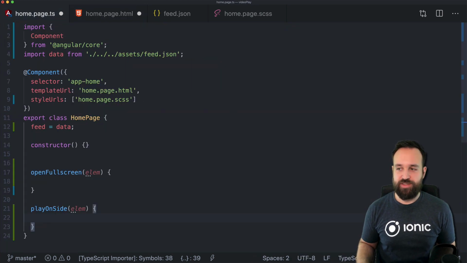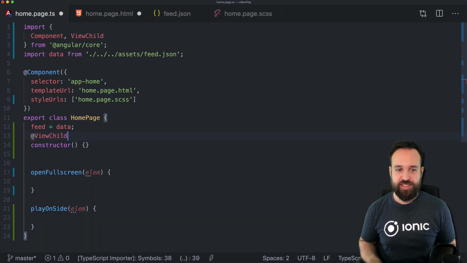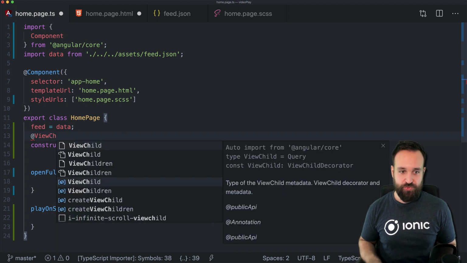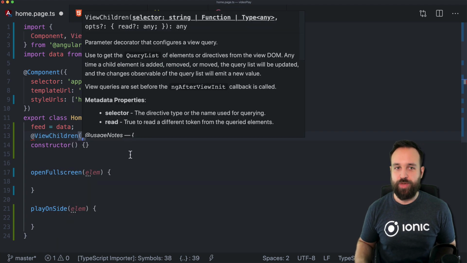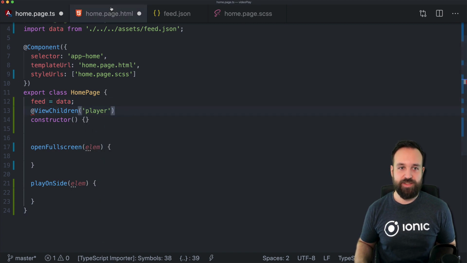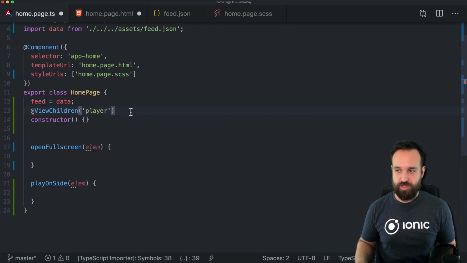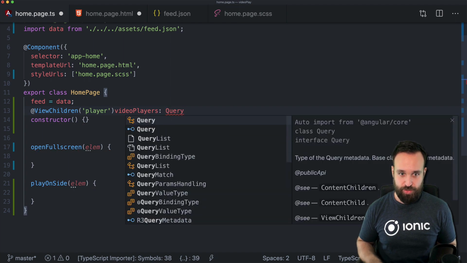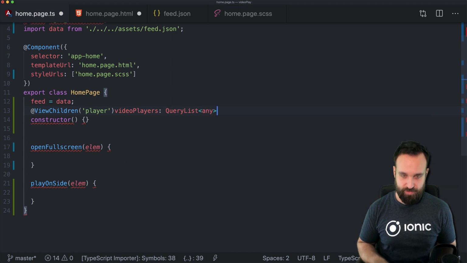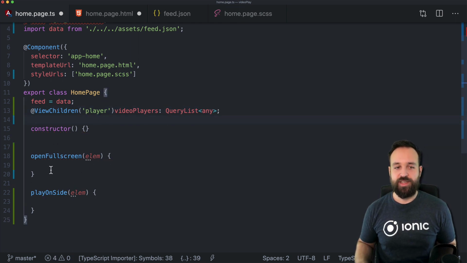which we can do by using the view children. So normally we just use one view child, but we can also get a full list of view children, which is basically a query to our DOM, and we want to get all the players. So that's why we passed the player right in here. And this will be a video players list, which is a query list of the type, let's just use any. So now we're able to get all the players, only ng after view init, so in the constructor they wouldn't